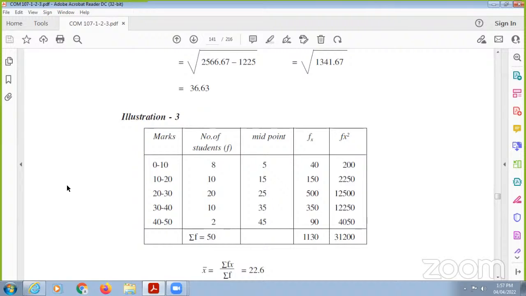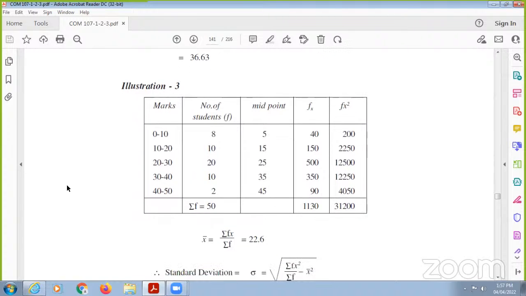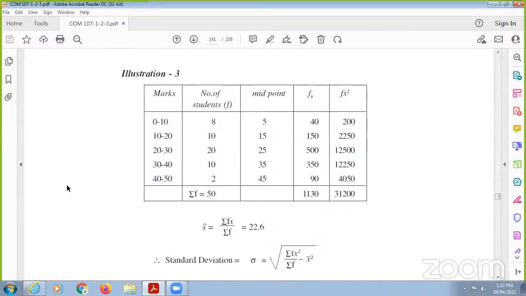Here the total of this last column is 31,200. Then x bar is equal to summation fx upon summation f, that means